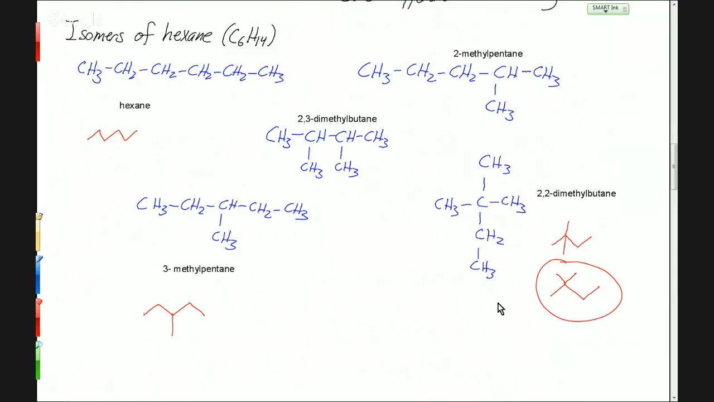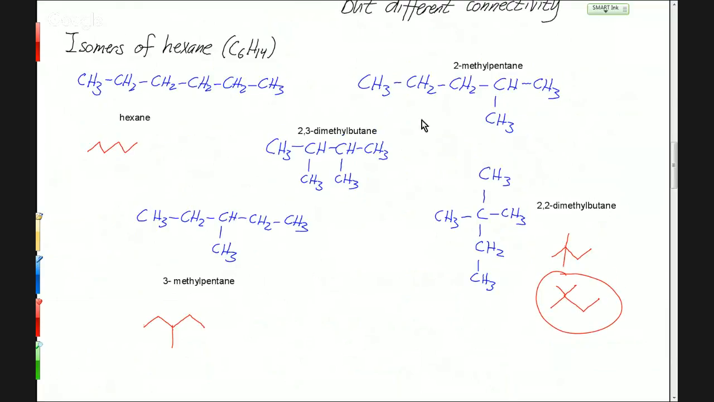So that's it. All right, so see if you can draw these other 2. Draw line structures for these other 2, 2-methyl pentane and 2,3-dimethyl butane. While you do that, I'm going to pull up the book so we can look at